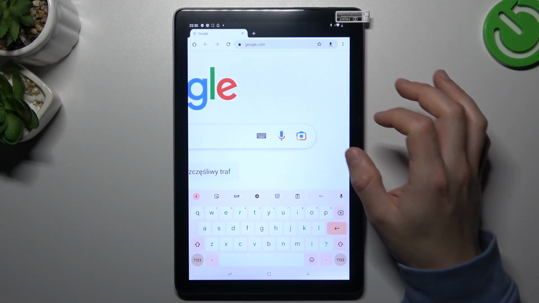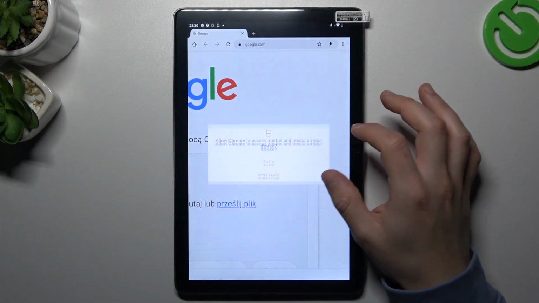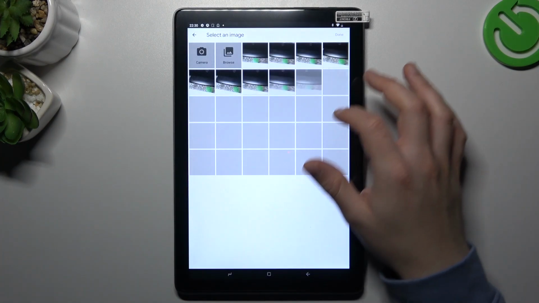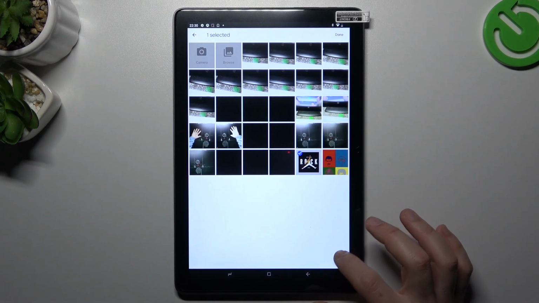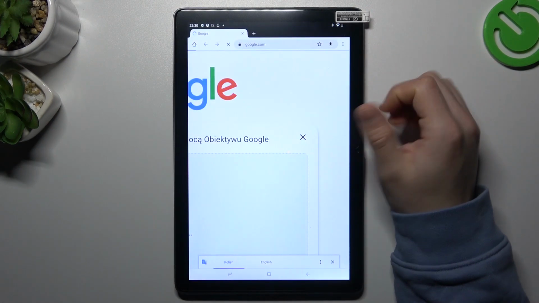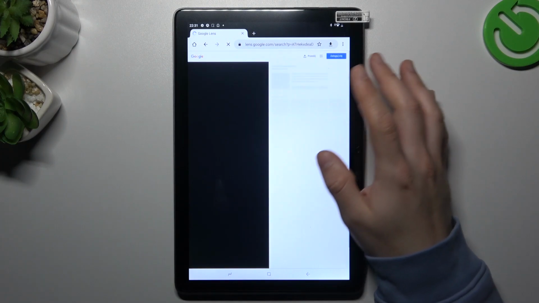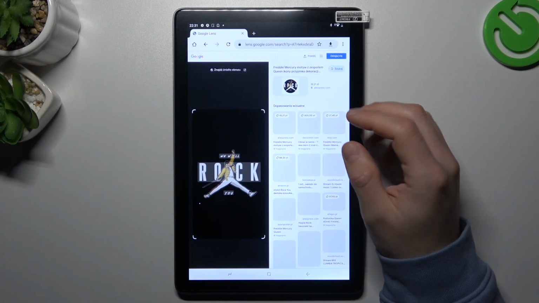Now just click on the camera icon and choose upload a file. Allow permissions to the gallery, choose the photo that you want to search in Google, like this one, and click on this and done. And now the search is starting automatically, and now we're looking for a similar or exactly the same